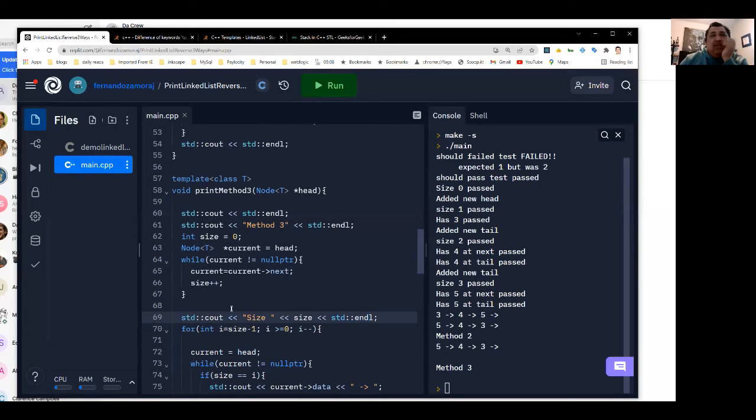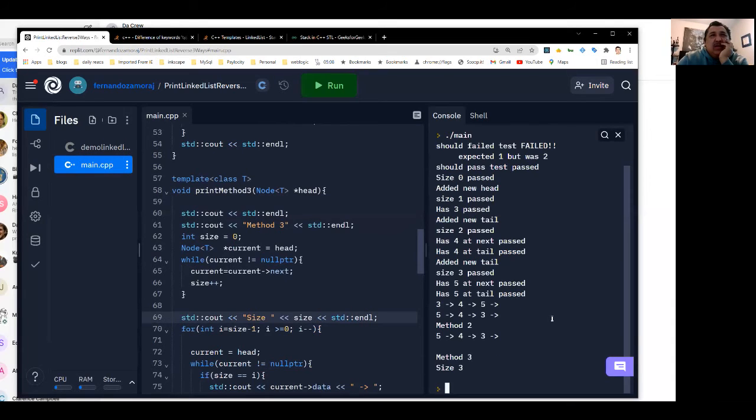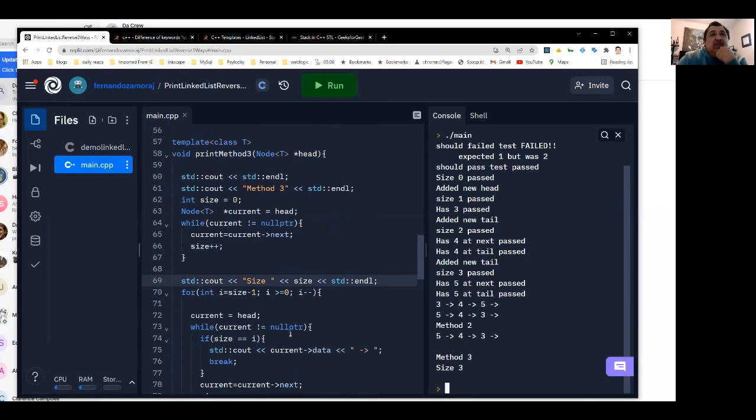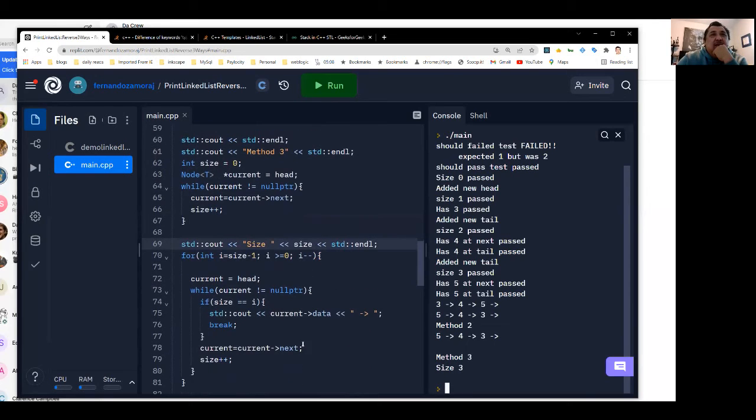Let's see what it's coming up with. So it does have a size of 3. Current equals head, while current not equal nullptr, and size equals